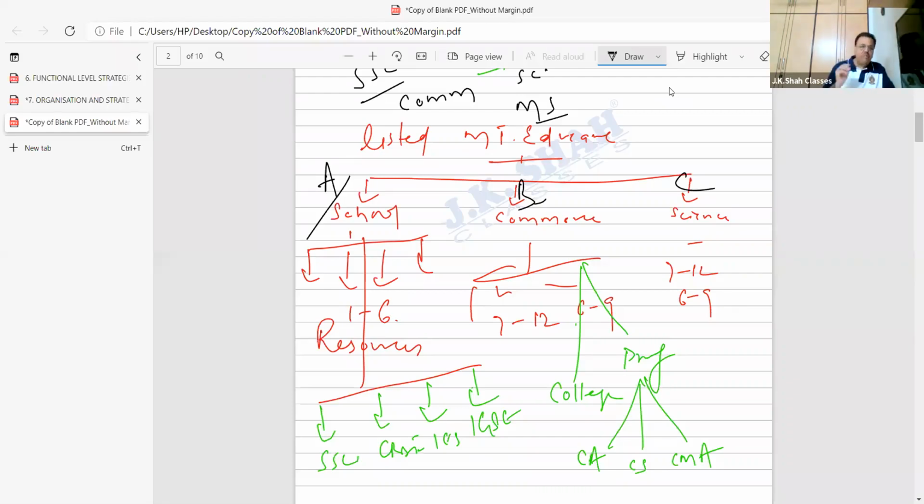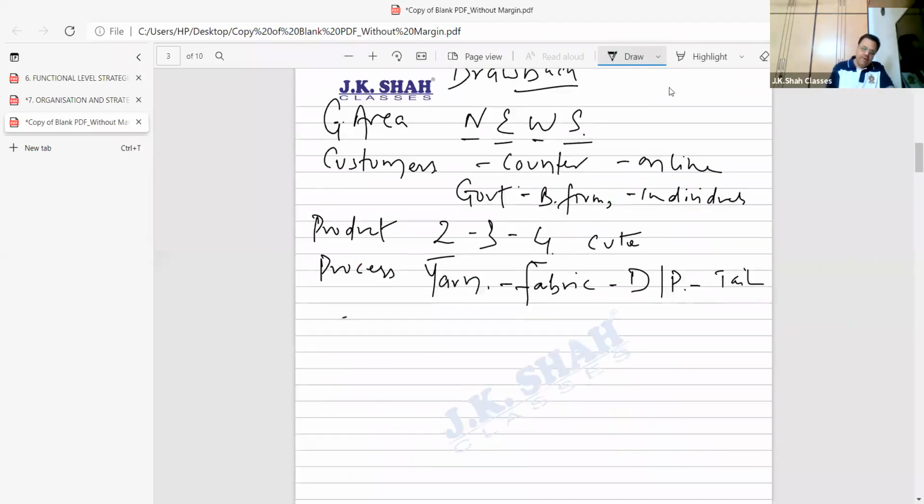imagine I have a school branch, a school division, a commerce, a science. I'll give you my example when I used to take lectures in those classes, Mahesh Tutorials. I was the in-charge in college and professional for the economics paper. But see, what was my duty, beta? Every day morning 7 to 10, I had to take lectures. Or in the evening, it was 6 to 9.